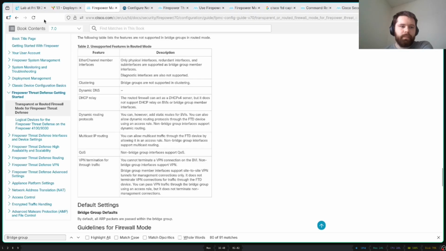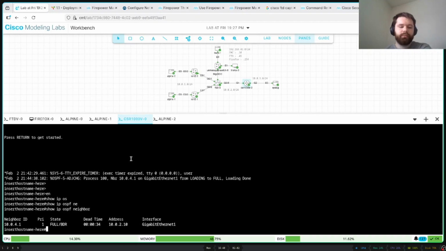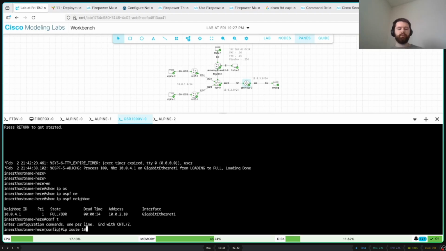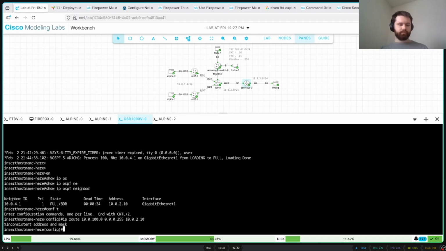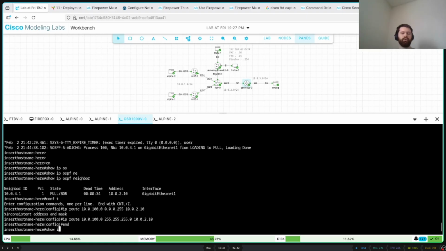So that means on the CSR, I need to configure a route. Is it 4.1 or 2.10? There we go. So now if I show IP route,